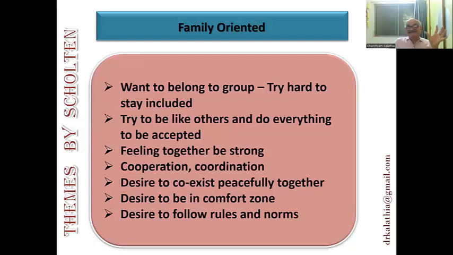Desire to coexist. Everyone gets together, peacefully together. And this is the reason the family should get together. And this is the reason they don't show their anger and all. But the important thing is they desire a comfort zone. So this entire family falls in the Row 4 group of remedies. For them, stability is important, not breaking up relations. Everything should be stable. Everything, security, the protection that the group gives, the relation is very important.